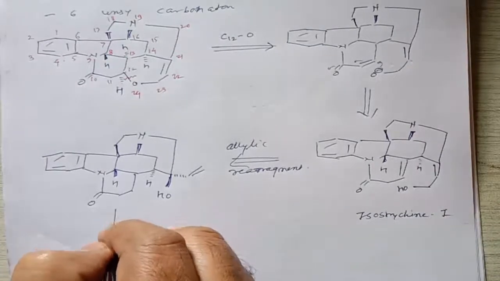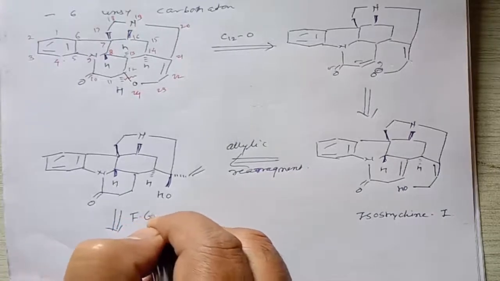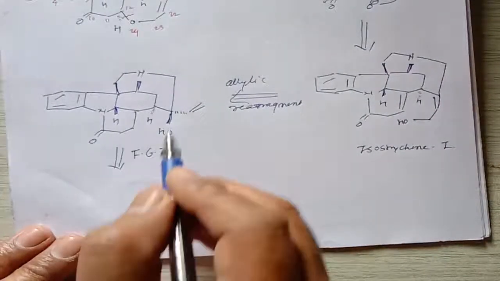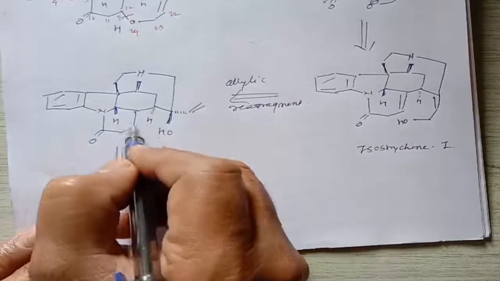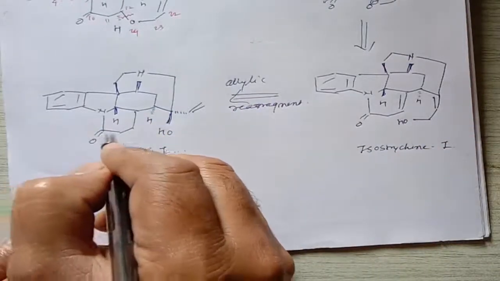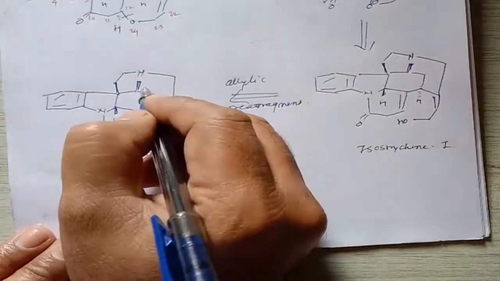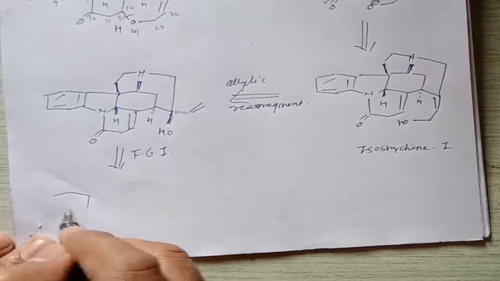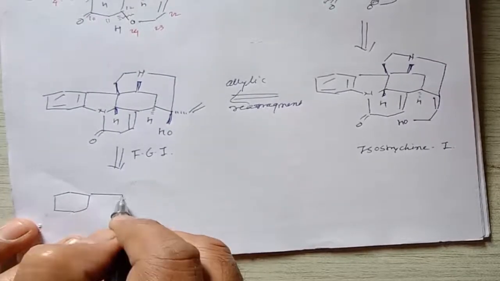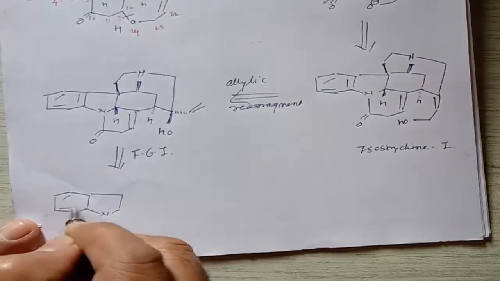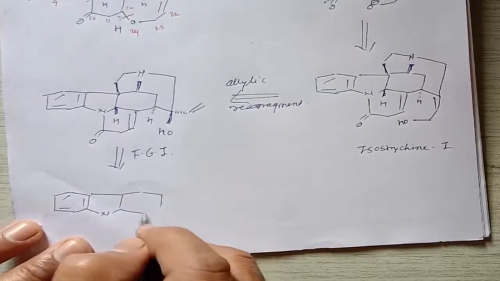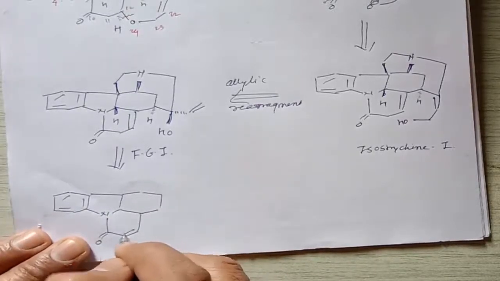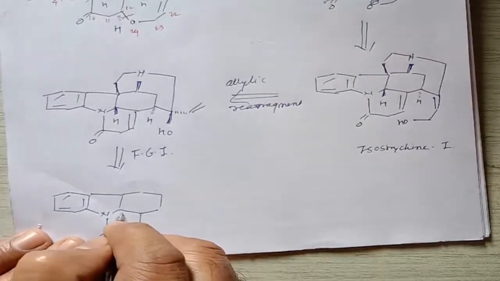Then in a further step we can go for the functional group interconversion. In the functional group interconversion, that means we can introduce the carbonyl group at this molecule, and as well as, so here is a double bond, so we can introduce a carbonyl group at this bond, as well as we can introduce a double bond here, and what do we get? We get a molecule like this. The functionalities, that is the aromatic ring, is the same here, this 6-member ring is again the same here, then this carbonyl group is again the same here. We can introduce a double bond here, as well as a double bond here, right?